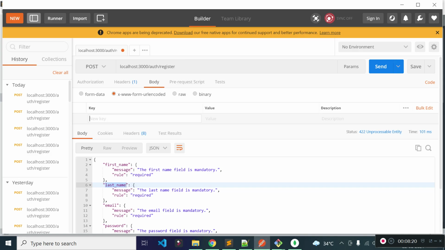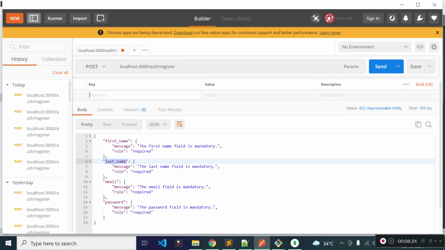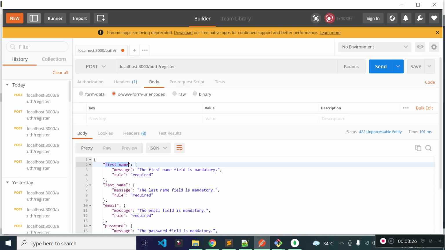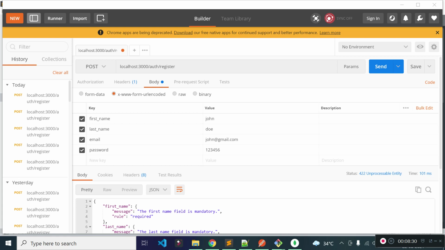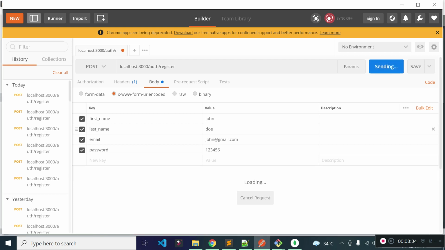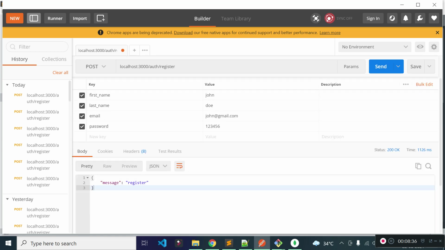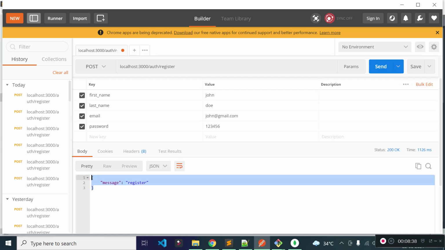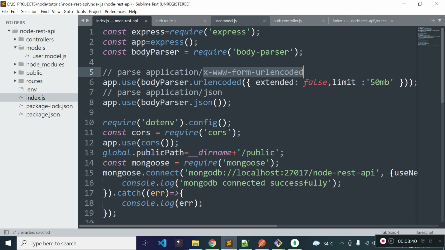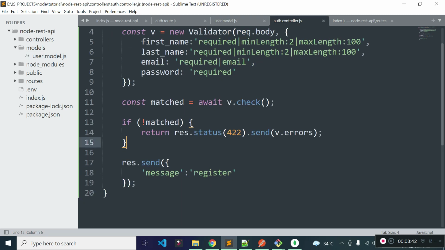So we need to pass data through x-www-form-urlencoded in Postman. So let's provide first name, last name, email and password one by one. So I provided first name, last name, email and password. Now execute this endpoint. You see we are getting JSON response with message register because validation passes and we are not doing anything here.